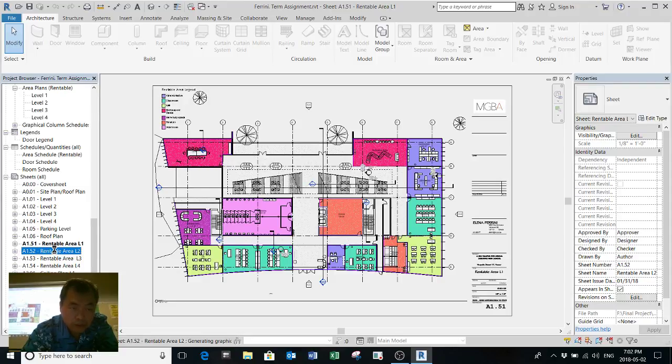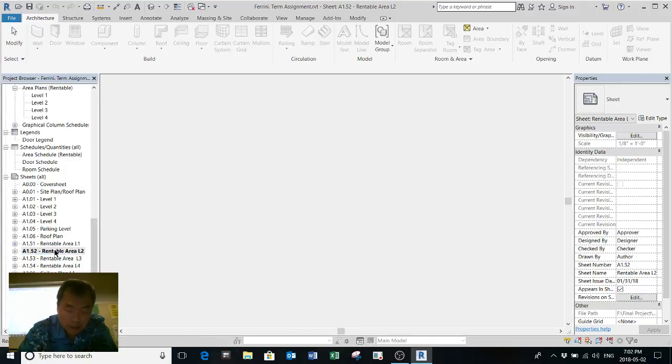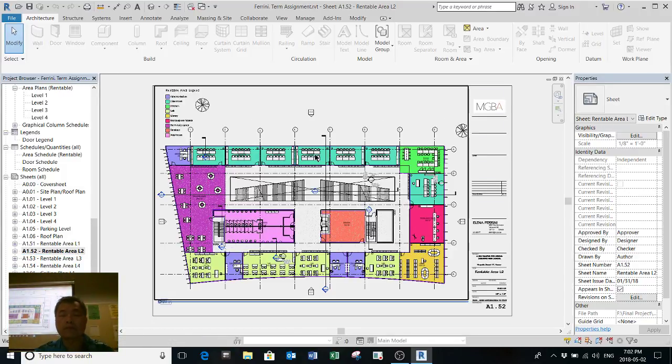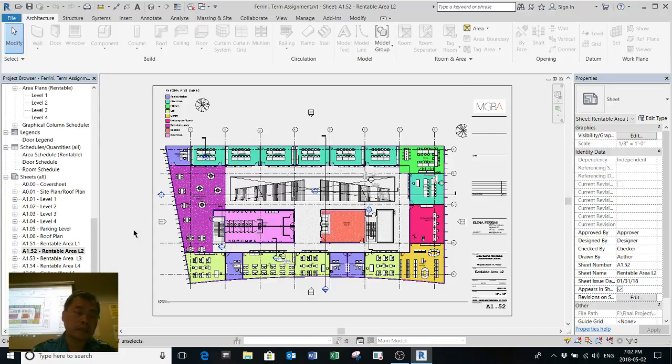Level 2. So level 2, it's the same thing, right? So therefore, you have some other different layout and different offices. You can have some open space and that kind of thing. And then